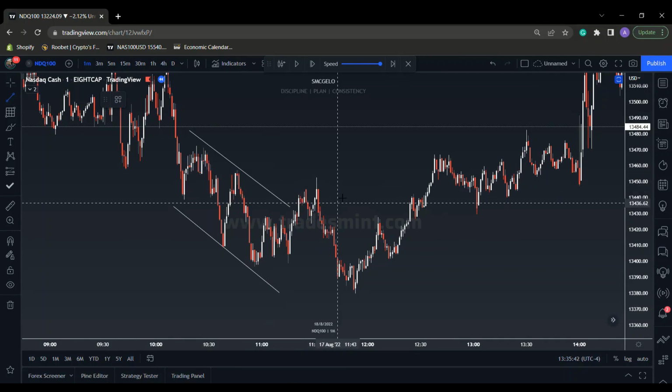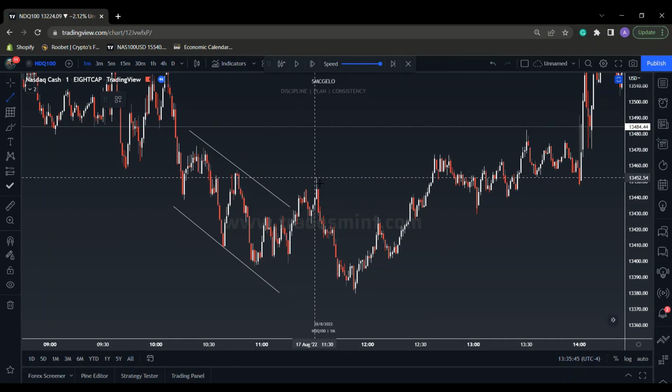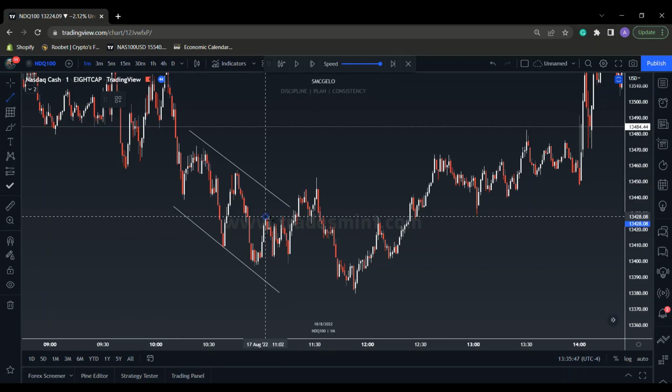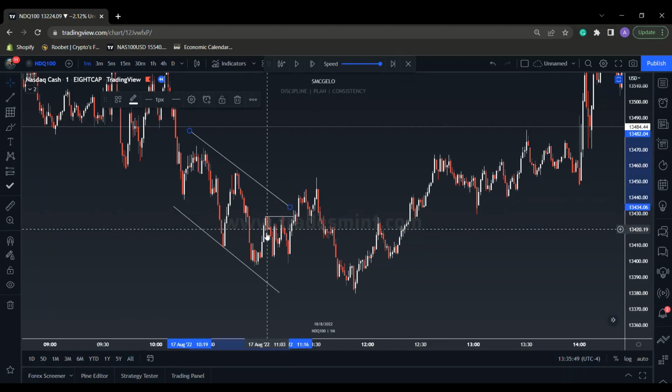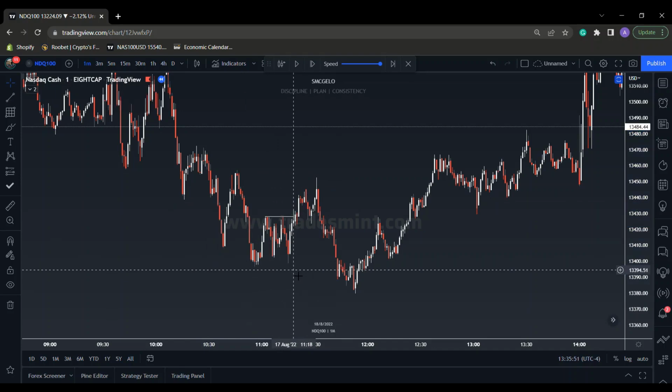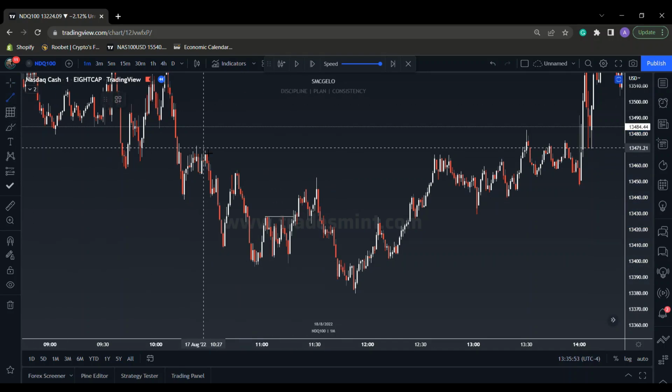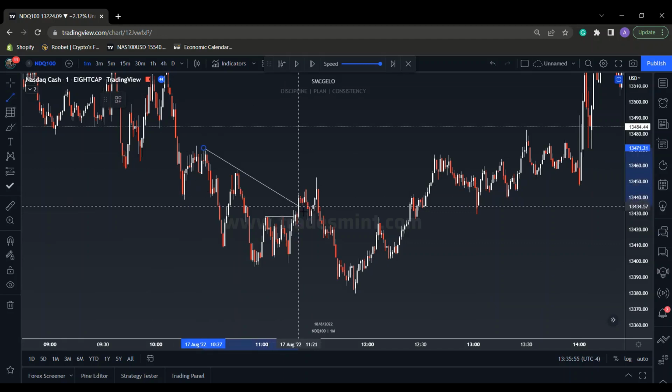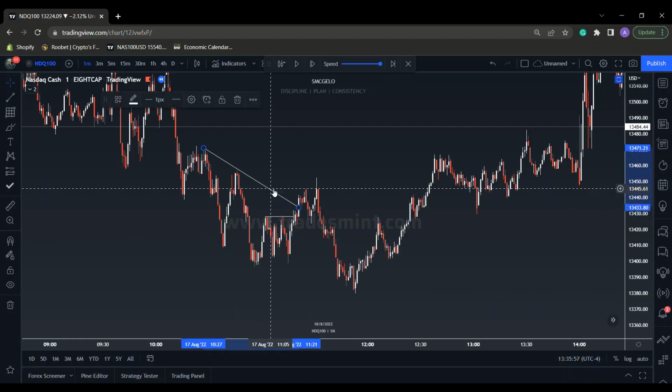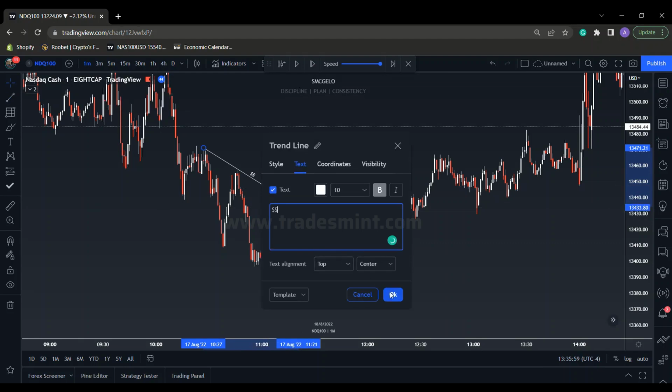Price breaks out of the channel. Okay, breaks all this liquidity right here, and also this trend line, this retail trend line that acts as liquidity, breaks this,